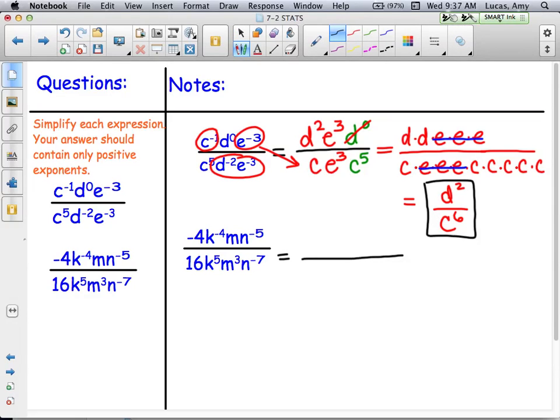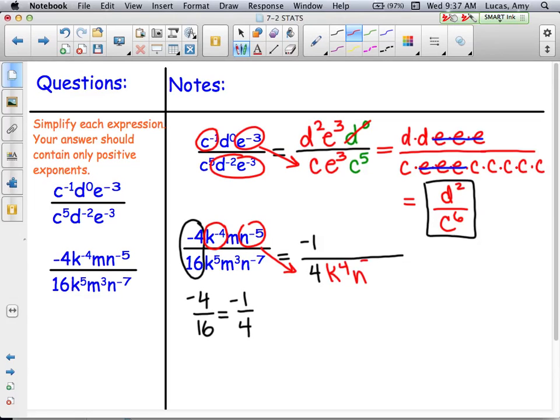I'm going to start this one out by taking a look at this fraction in front. Negative 4/16 reduces to negative 1/4. So negative 1 over 4. Now, I'm going to move my negative exponents. These 2 to the bottom, so K to the 4th, N to the 5th, this one to the top, N to the 7th, and then I'm leaving everything else where it was. So M, K to the 5th, M to the 3rd. Now, expanding this,